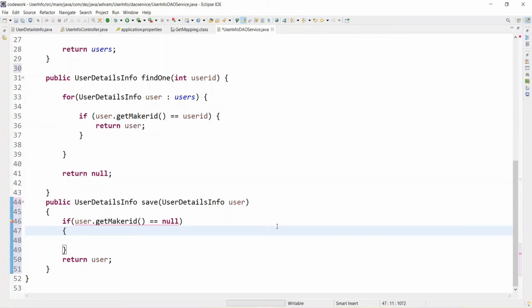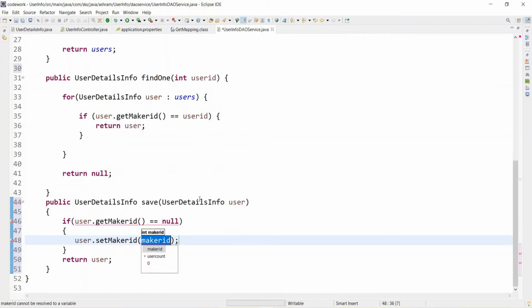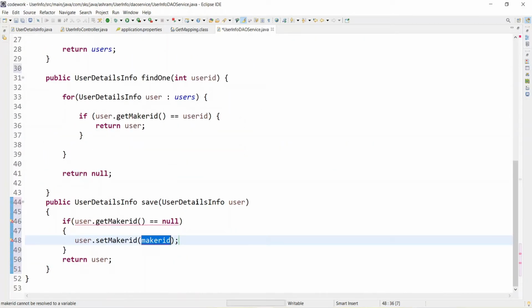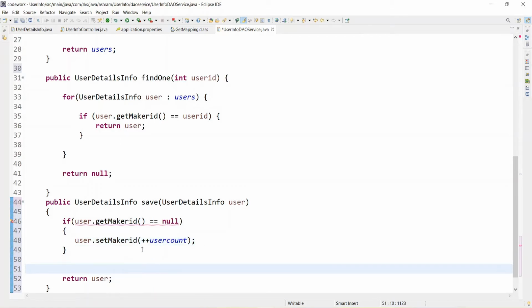Then what I need to do is user dot set maker id, and we add plus plus user count. So we will be setting the user id over there.